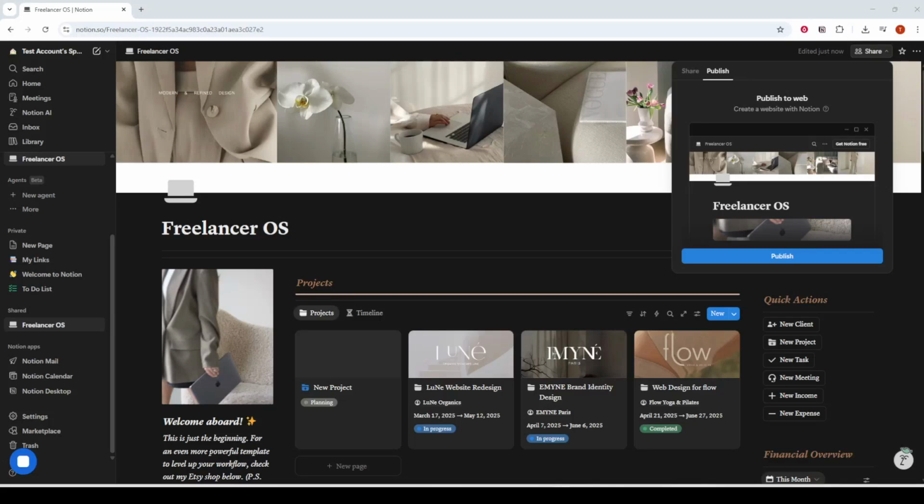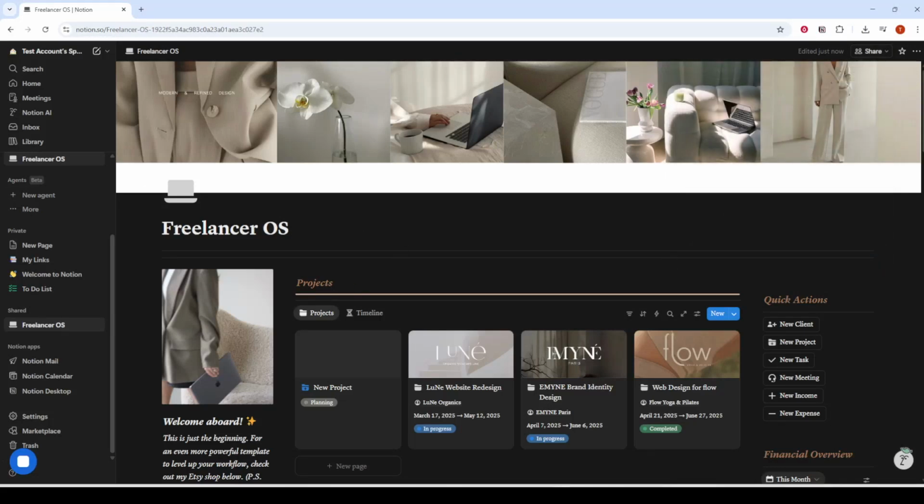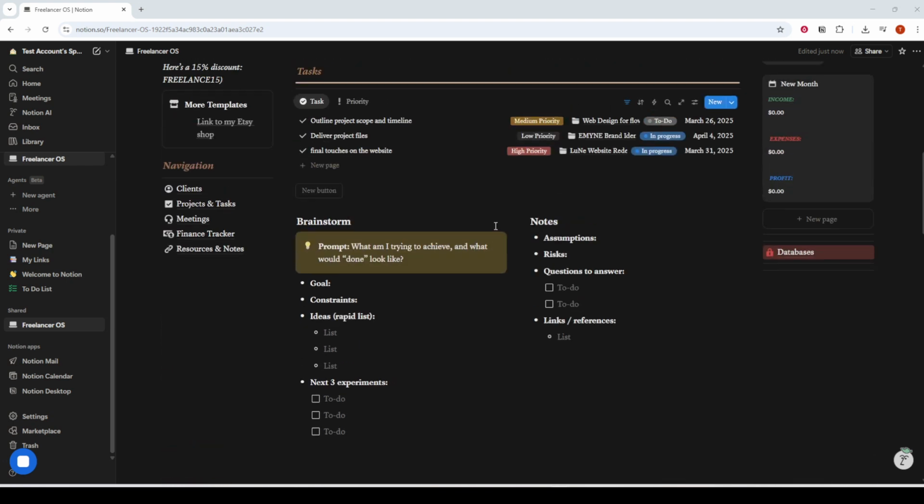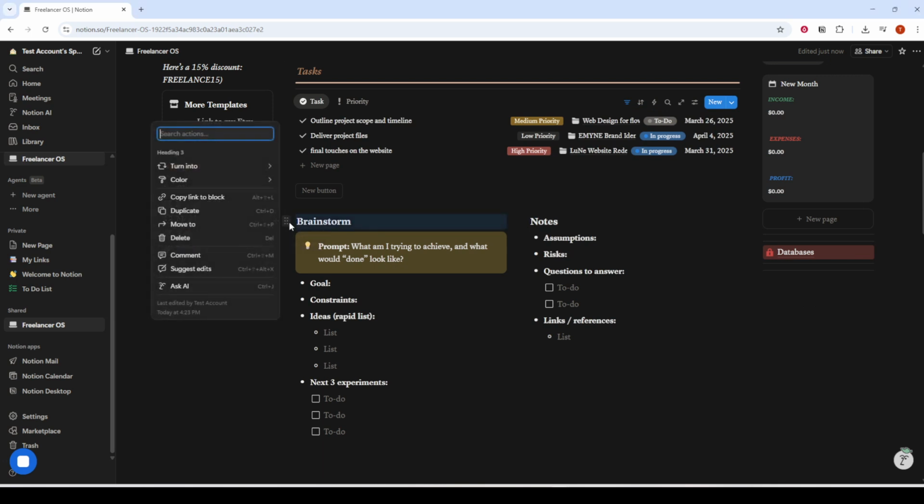In today's video, I'm going to teach you how to lock a page in Notion. Locking a page in Notion is a quick way to protect your content from accidental edits. It's perfect for finalized documents, shared wikis, important templates, or any notes you want to keep exactly as they are. When a page is locked, the content becomes read only from your current view, which helps keep your layout and